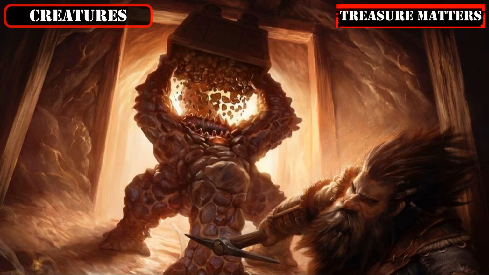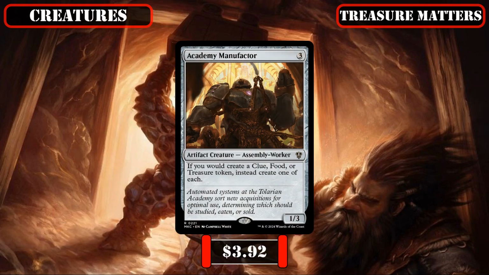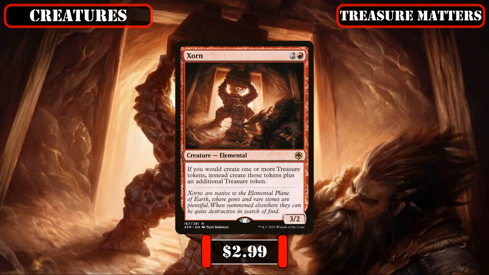Then narrowing down specifically on creatures that care about our treasure generation, since Mr. House will be providing us with a steady flow of it, so we may as well get some extra mileage out of it, we'll be running Academy Manufactor, which tacks on life gain and draw to our treasure generation in the form of food and clue tokens to help pad our life totals and core stats while getting more artifacts and tokens into play for our payoffs. Zorn, which nets us extra treasures as we roll 6+ to kick our ramp and artifact